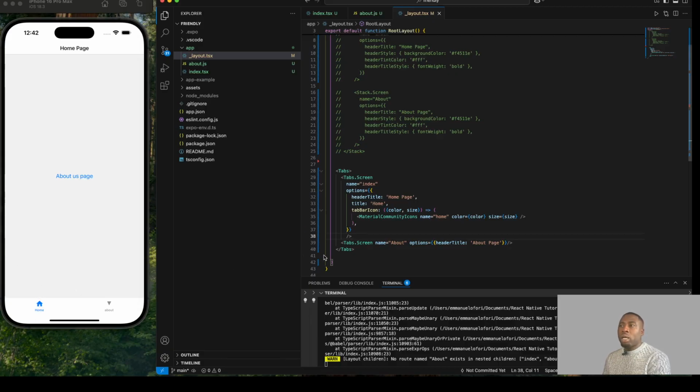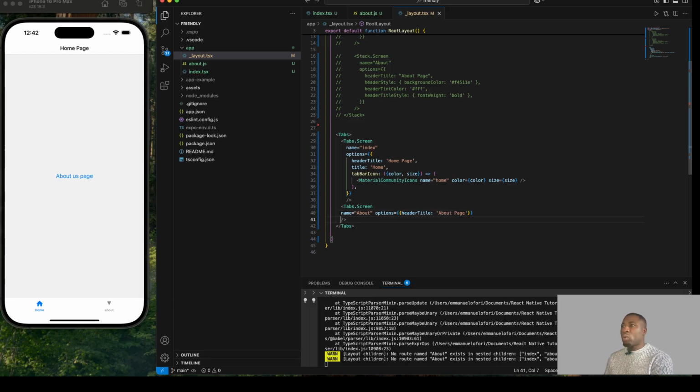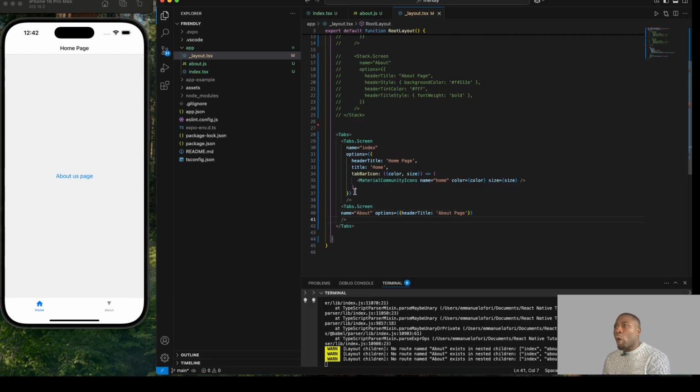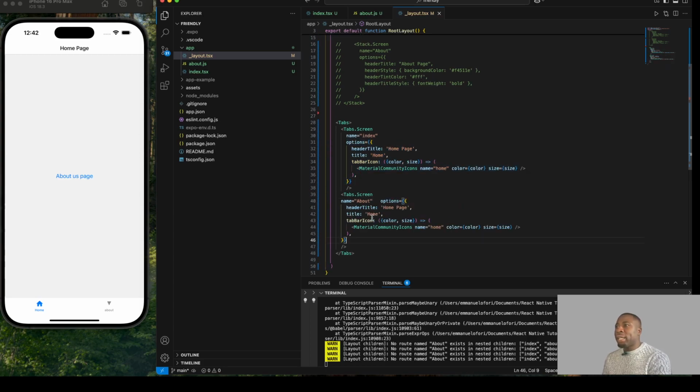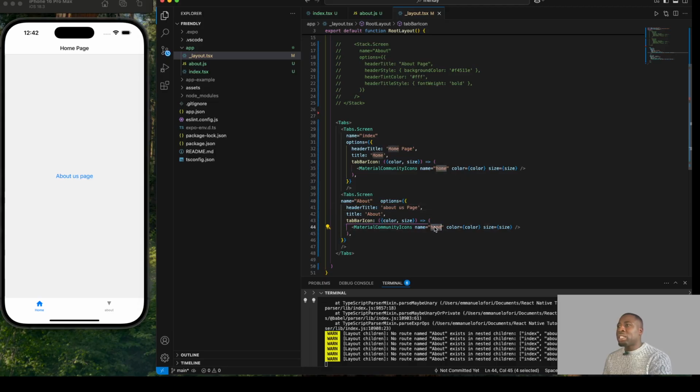Okay, so that is how you actually add an icon. And what I'm going to do is make a copy of what I've done so far. So I'm just going to copy these options here, what I've just done right now. And then I'm going to change it to about, and then about us page. And then instead of home, what should I change it to? Maybe